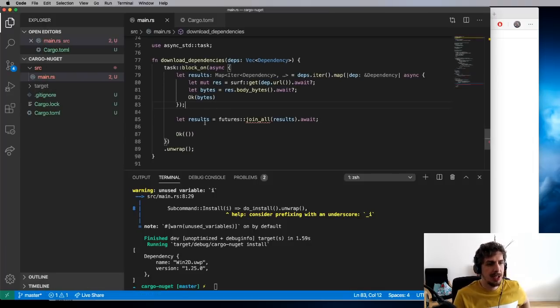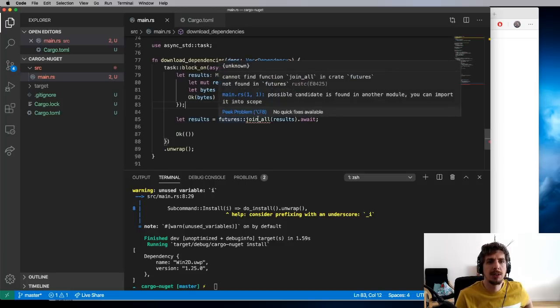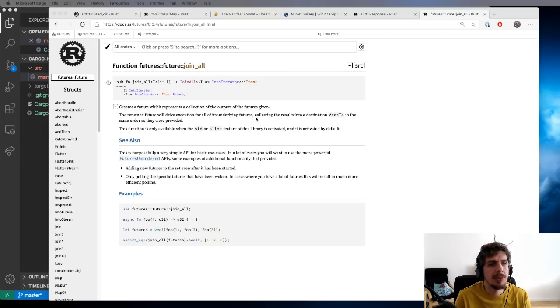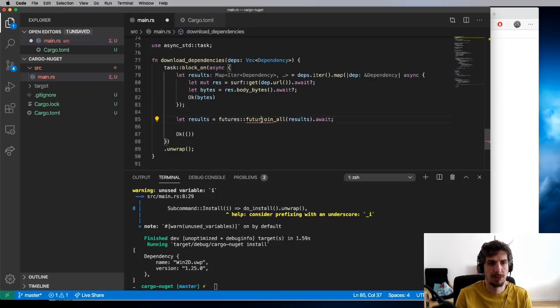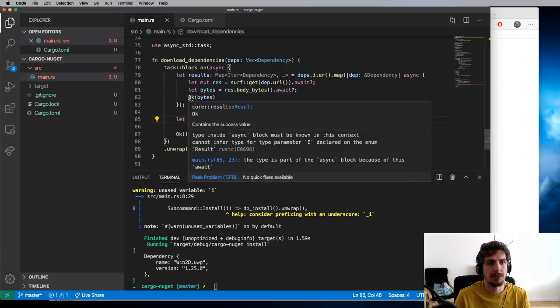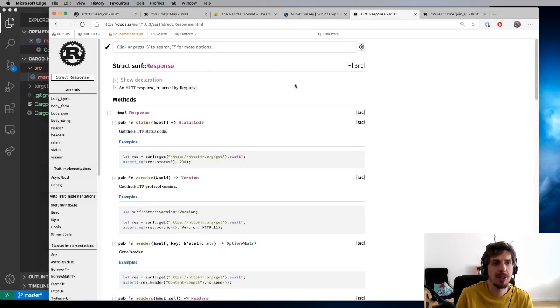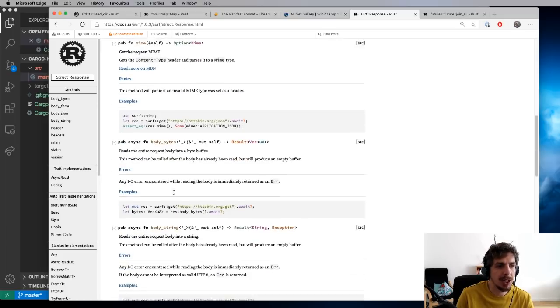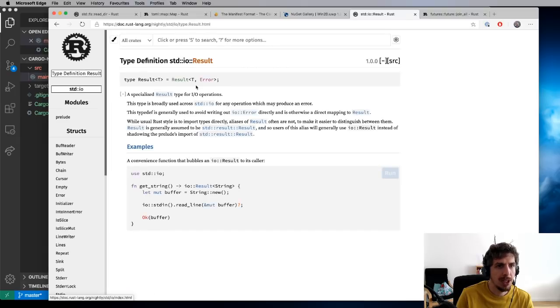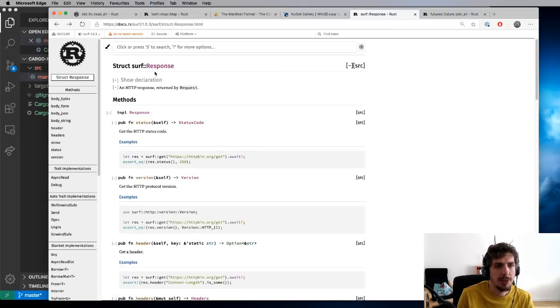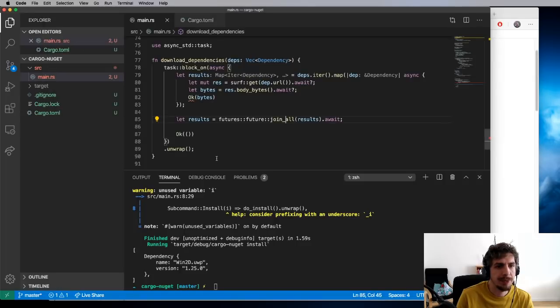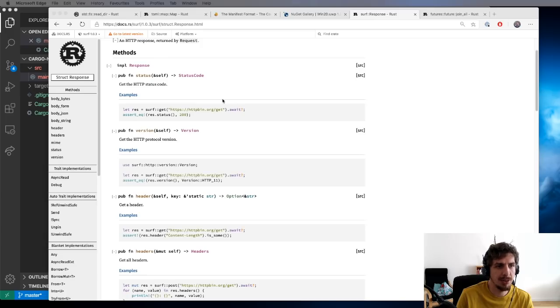And you can see here, what's futures? Futures future. Of course, futures future. And this error that we're getting here is because we don't know what type of error we expect. I believe if you look at body bytes here, for instance, it is returning an IO error. Interesting. But this surf.get will